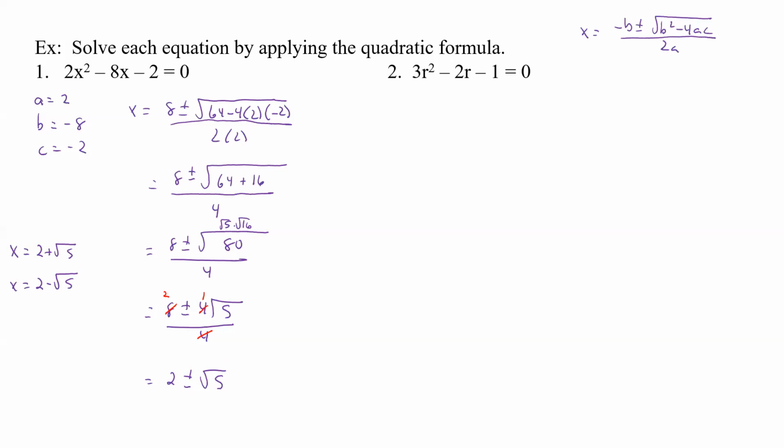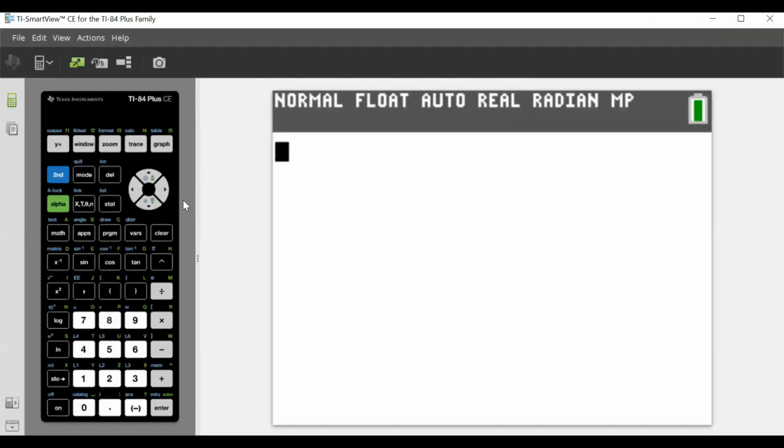Now, just for this first one, I'm going to go ahead and do a check. And you should probably do a check on all your problems. That way you know you have the correct solution. And so like I said, I'm just going to do it on this first one to kind of show you what you do. And remember, our equation was 2x squared minus 8x minus 2, and that was supposed to equal 0. So we're going to have 2 and then times, and then we had 2 plus the square root of